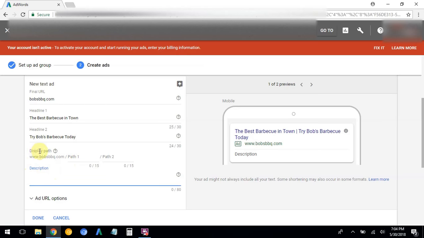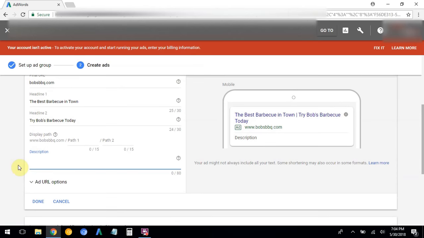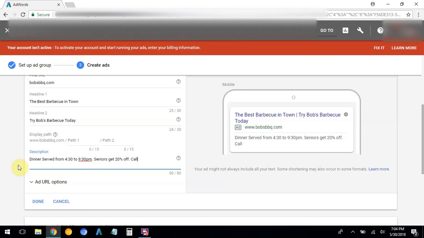Then the description here. So display path's optional. You might say dinner served from 4:30 to 9:30, something like that. Seniors get 20% off. And you might say something like, call